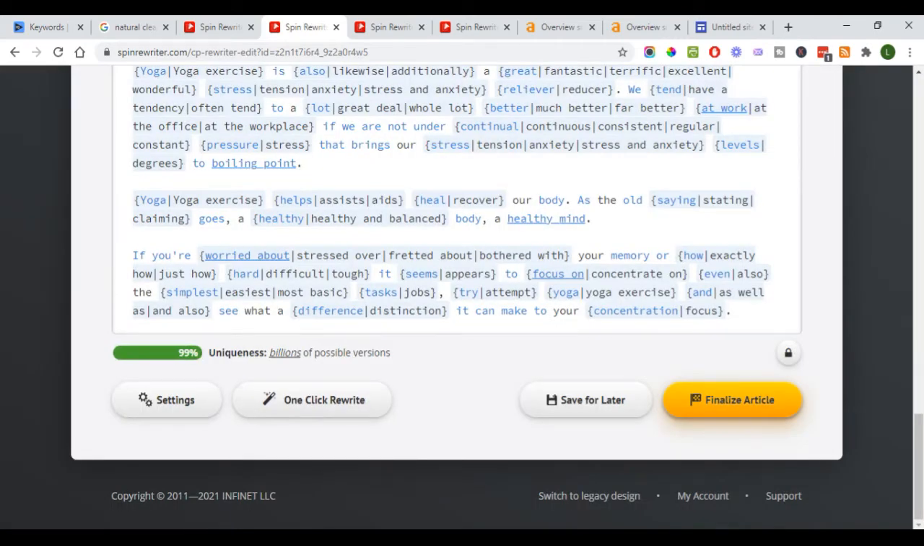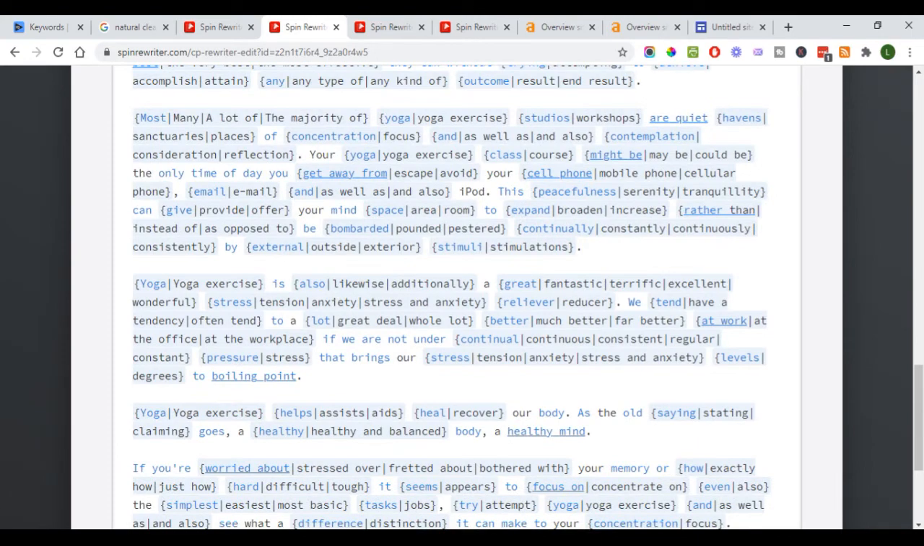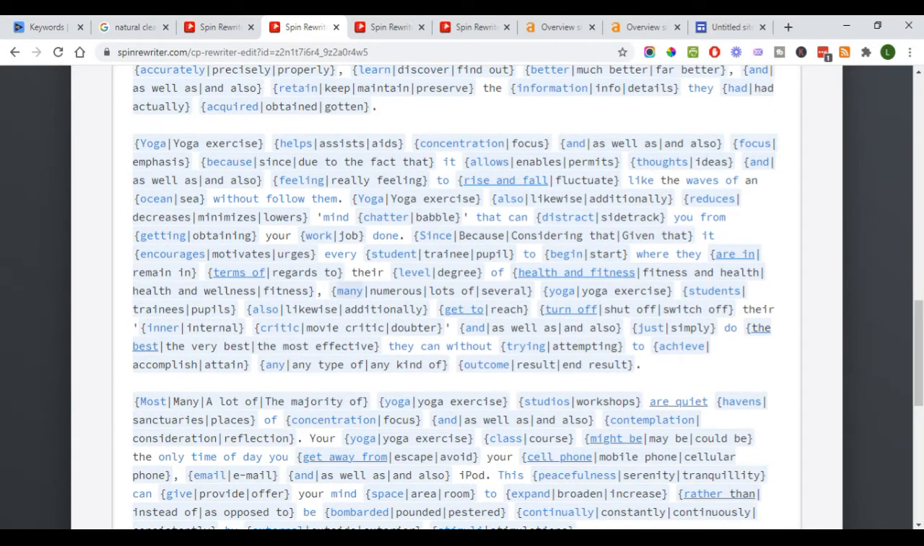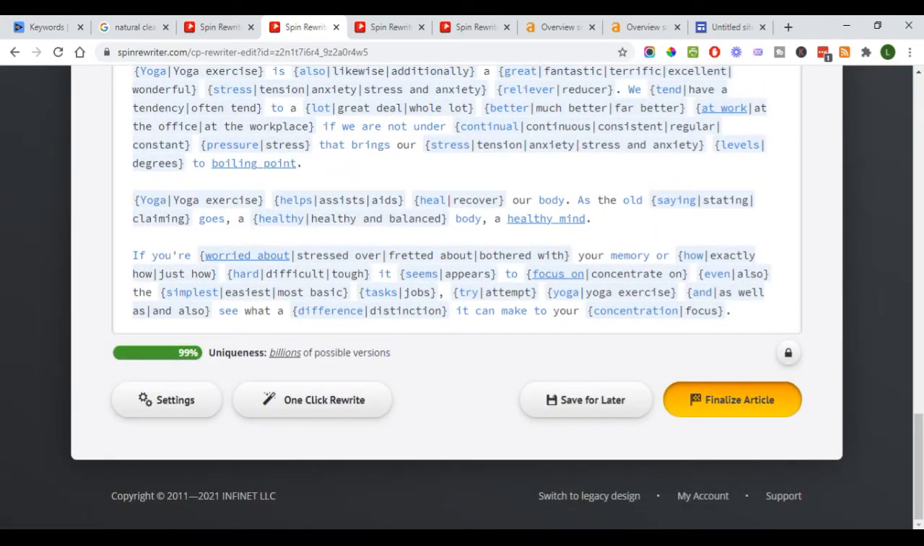And you can see here, 99% uniqueness, billions of possible versions. So you can save that for later. This is in what's called Spintax. So it's in a format that if you plug into a tool that can read Spintax, it would spit out a different sentence or a different article or a different paragraph every time. Let's say, for example, if you have a social media automation tool, every time it would post a tweet, it would say yoga helps concentration, yoga exercise assists focus, right? It would go through all the different possibilities and post them one at a time. Anyway, so we click finalize article,